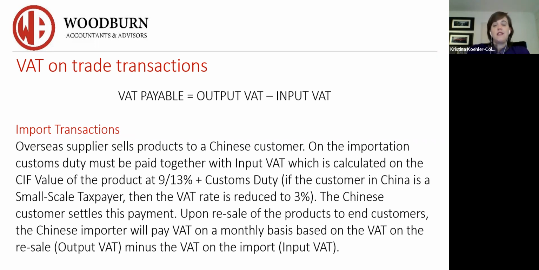All right, then obviously he might use that for production. He might then just continue to sell those finished products on, and he will then issue Fapiaos to the end customers with the appropriate VAT on there, hopefully with a margin on top, because you've got to think about transfer pricing regulations. So it's very important to understand that when you are importing, before the goods can even be released from customs, the customs duty and the input VAT have to be settled.